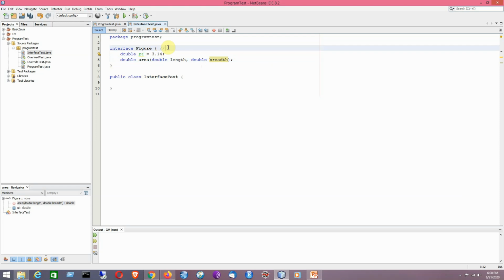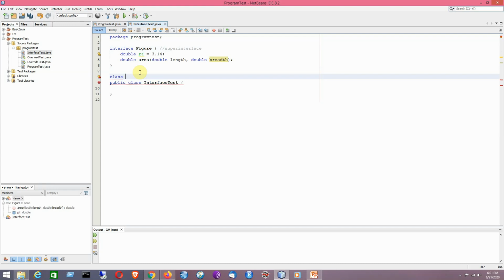It is better to write here, it is basically a super interface, because from this interface we are going to create two classes. Say for example class rectangle. So since we are going to create a class from an interface, it is using the implements keyword.